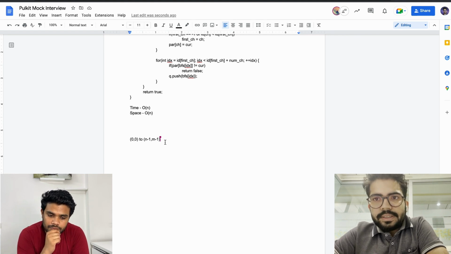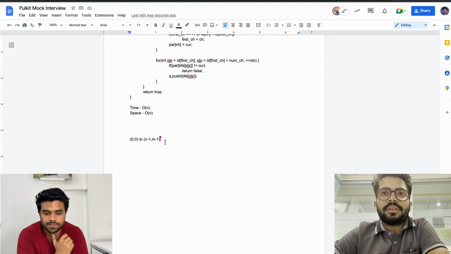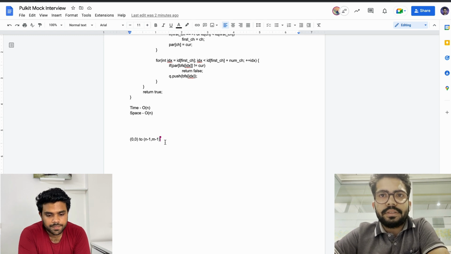If there are a few blocked cells, the first thing that concerns me is that it is even possible that there is no path from top left to the bottom right. So if it is not possible, then I have to report that the path is not there. Otherwise, I have to tell the shortest path. Correct, this is the question.